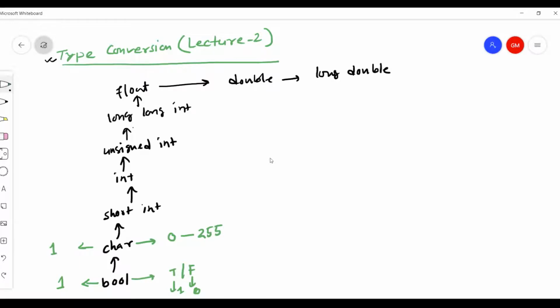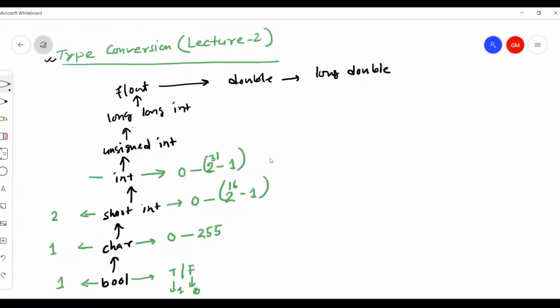Short integer supports values from 0 to 2 to the power 16 minus 1 for unsigned, and the size of short integer is 2 bytes. Again, when I write integer, it means signed integer. Signed integer supports values up to 2 to the power 31 minus 1, because the size of integer is 4 bytes.